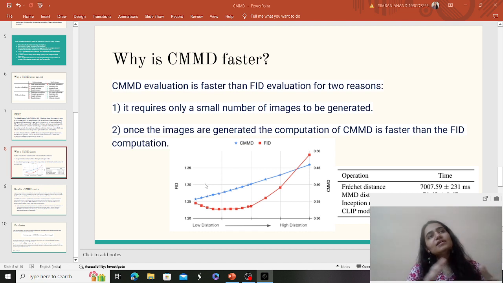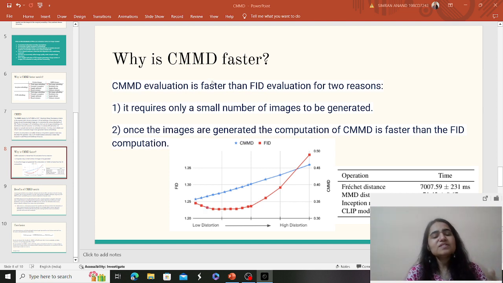If you're seeing that the image quality is decreasing, you will say the model is not performing well, right? So human evaluation is totally based on the aesthetics, the aesthetical view of the image, the quality, the faithfulness to the text prompt. Based on such characteristics, you would say the human evaluation is done, right? So I would say human evaluation is the most reliable. But of course, that is not easy. Human evaluation requires resources and it is computationally expensive. That is the reason we are looking for metrics to automate evaluation, right?